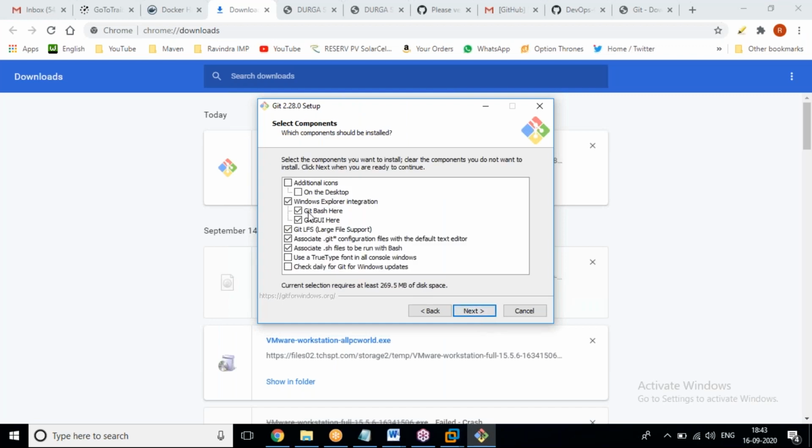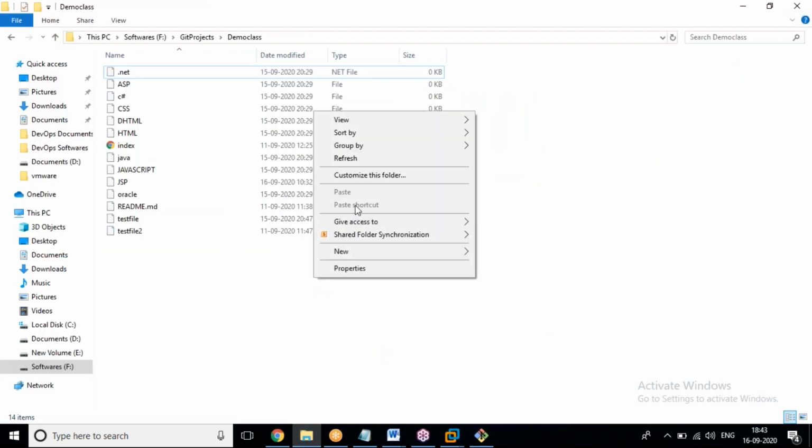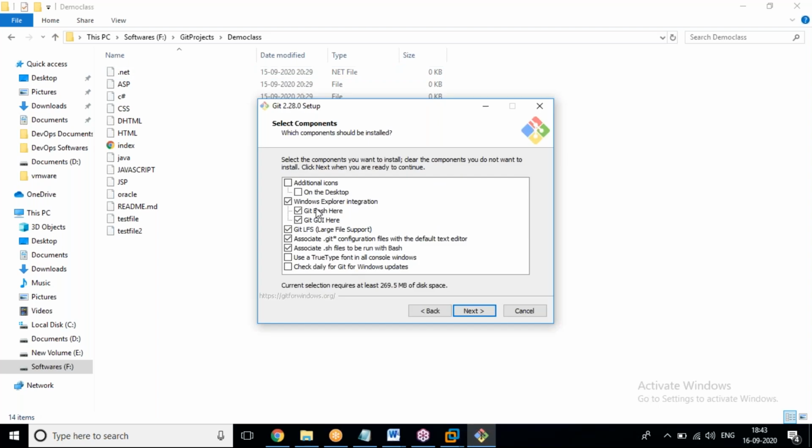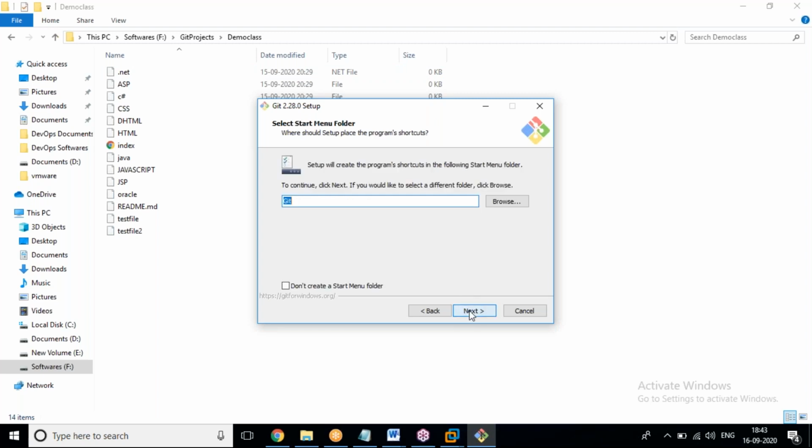Whenever you are installing Git, don't remove these two options, Git Bash Here and Git GUI Here. After installing Git, whenever you click the mouse right button, we can see them in the pop-up menu. If you remove these two options, we can't see them in the mouse pop-up menu. So keep in mind, don't remove these two options. Now click on next.